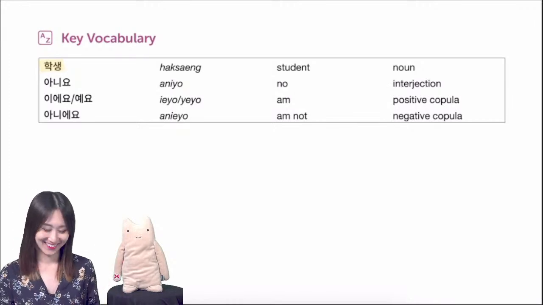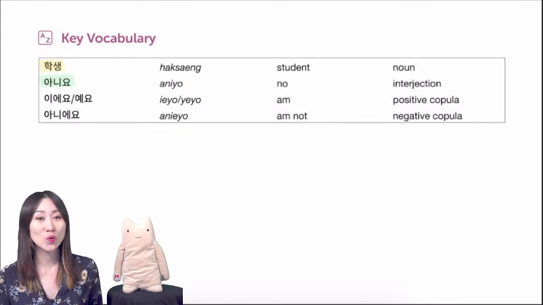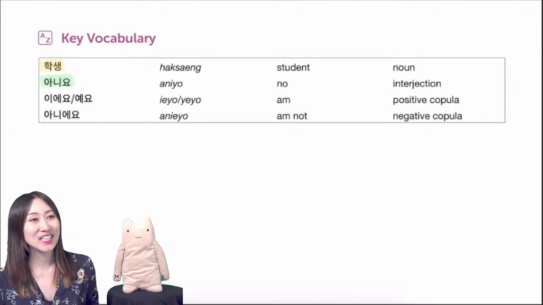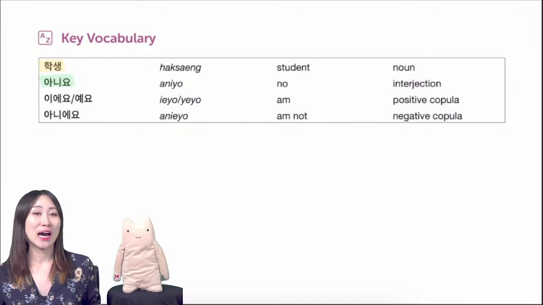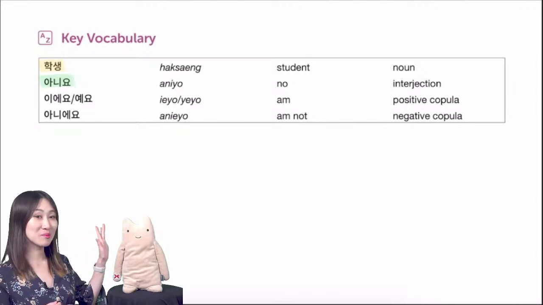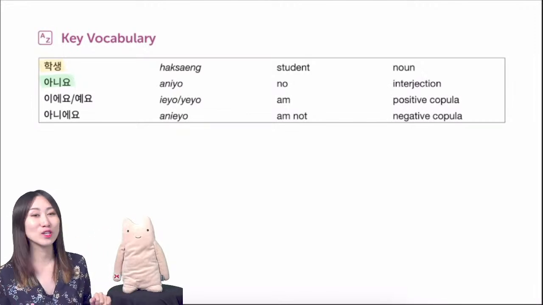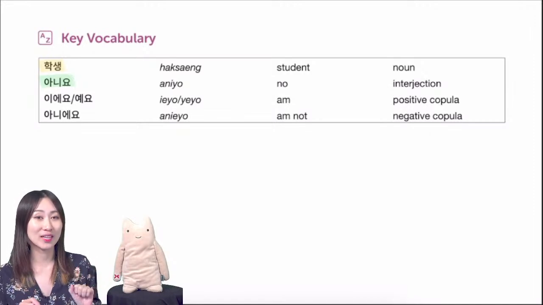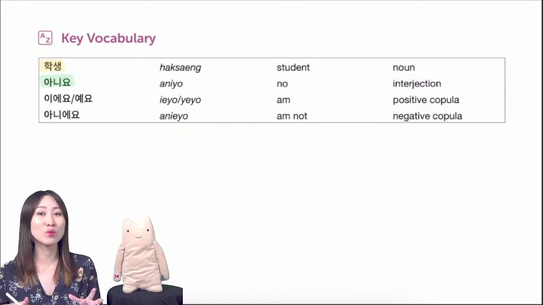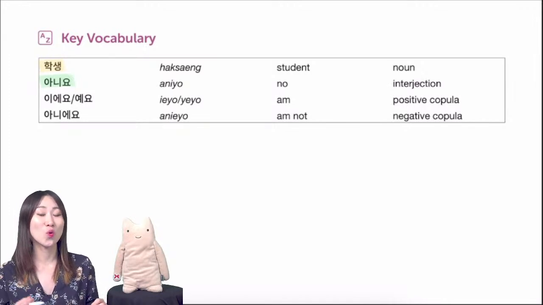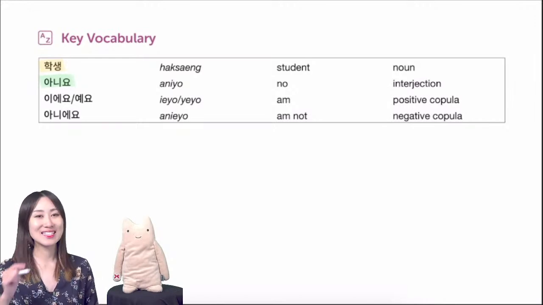Very important. Is 아니요. It means no. Please remember this. And how can I say that casually? For example, Chim and I are best friends, and we are talking, like, do you like pizza? And I said, no, I'm on a diet. So in that case, I don't use 아니요, but I say 아니. So 아니요 is a polite way to say no. 아니 is a casual way to say no.